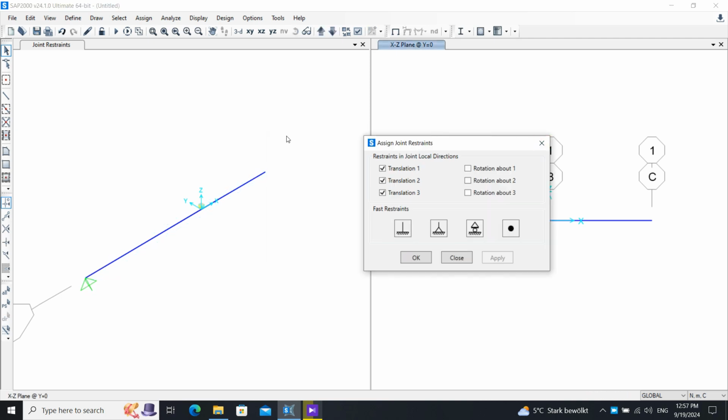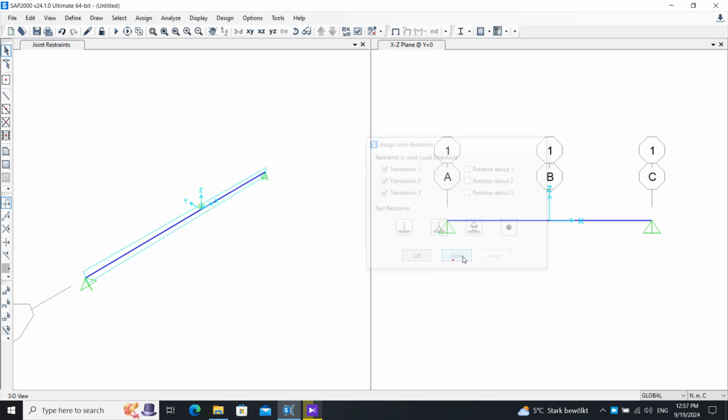Now, if we want to add the restraint to this part, how do we do it? We simply drag here and then say okay, apply. See, the restraint is added, and our model now has restraints. After that, we are going to load some